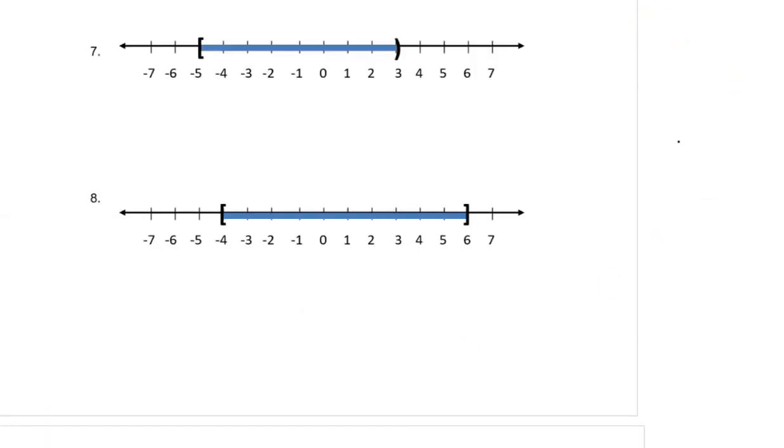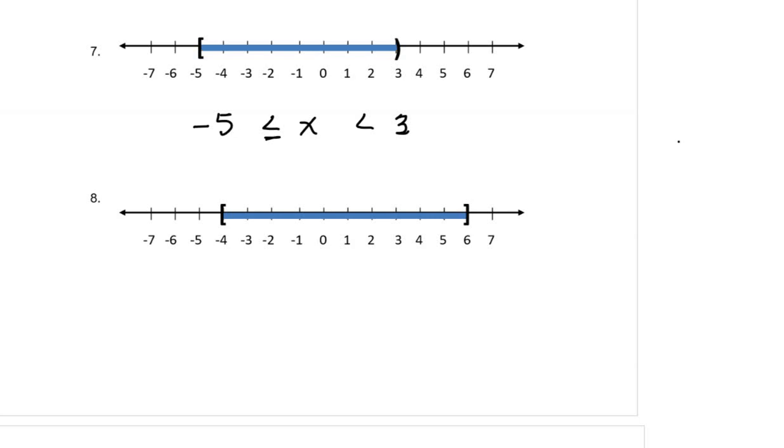Okay, problem 7, I have a lower bound and an upper bound. So all of the values that I'm looking at for x are in between those two numbers. They are sandwiched in between -5 and +3. I just need to figure out, do either one of these symbols need an equal to sign under it? And I have to put an equal to sign under that first symbol because I have a bracket there at